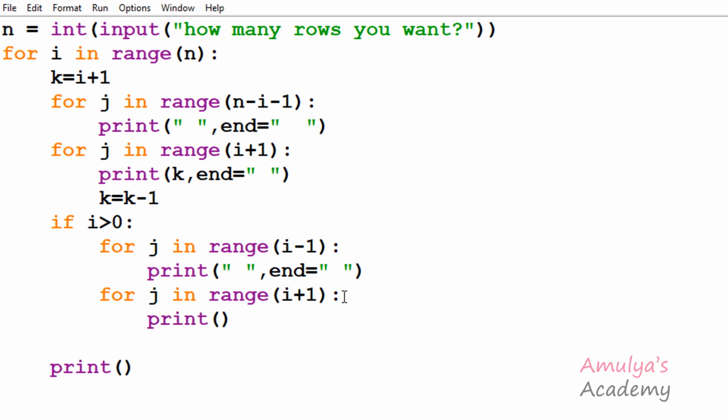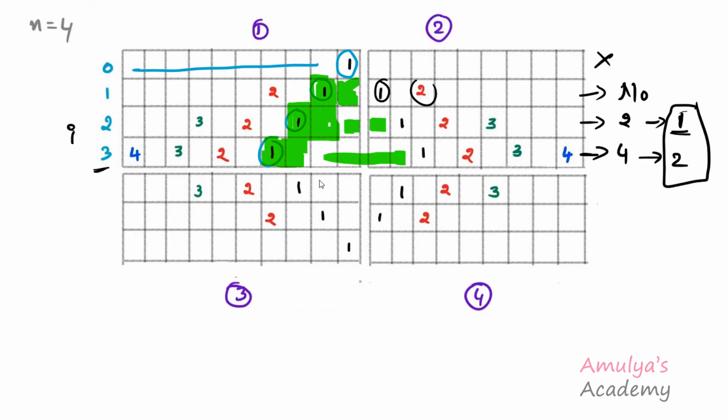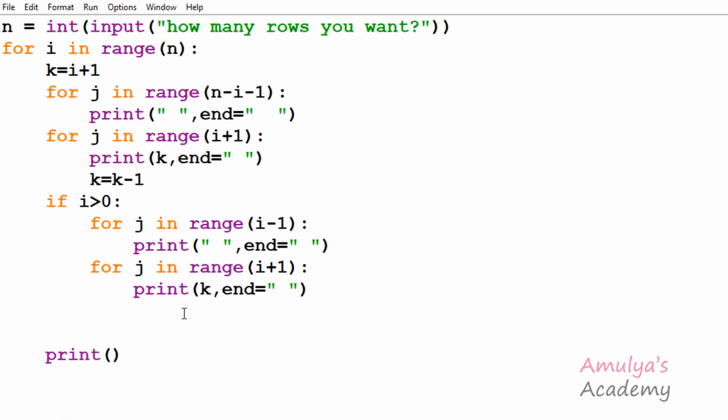Next, inside that we need to print the value. To print the value we took the variable k, so I'll print k with end as space. To print the next value in the row, after printing 1 I want to print 2, next 3. So we need to increment the value. Here I'll write k equals k plus 1 to increment the value. Now if I execute this,